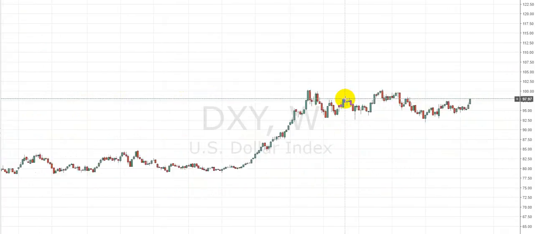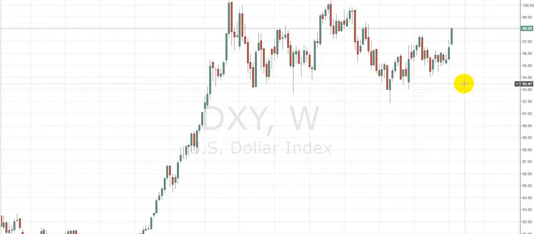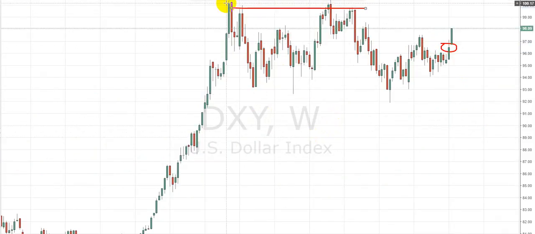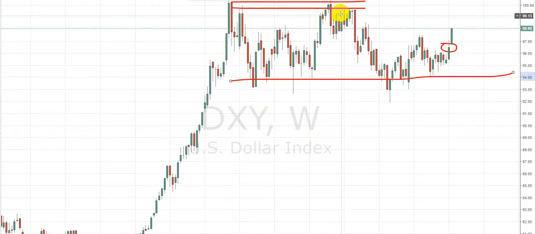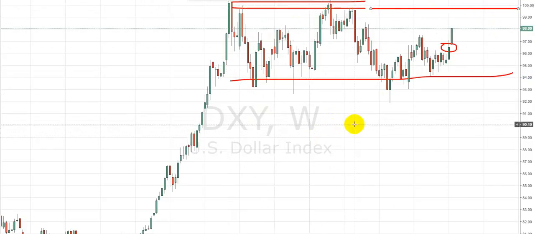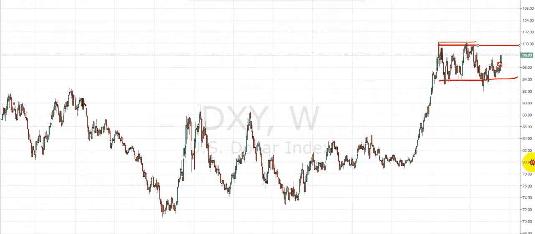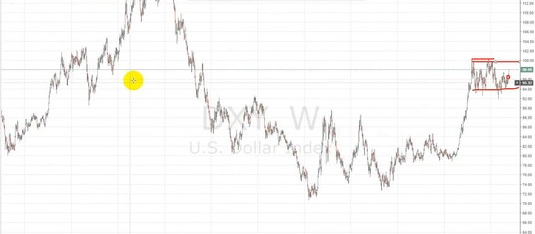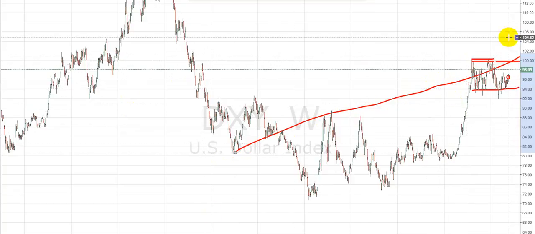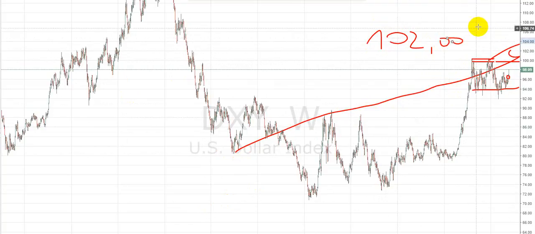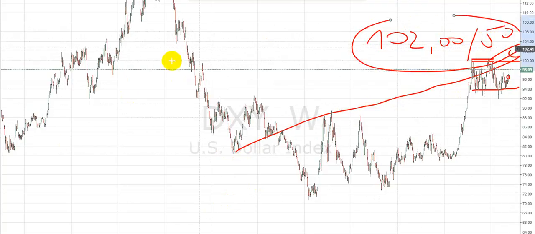especially when we have this kind of gap here. Of course, the first target is the top of this consolidation right now. That's still around 2 figure. Okay, that's still around 2 figure. And I do believe that you may want to take into consideration this line, and the line is around 102 to 102.50. Okay,